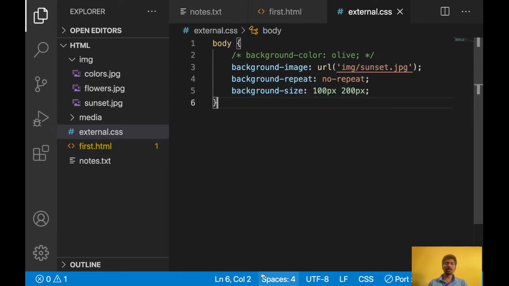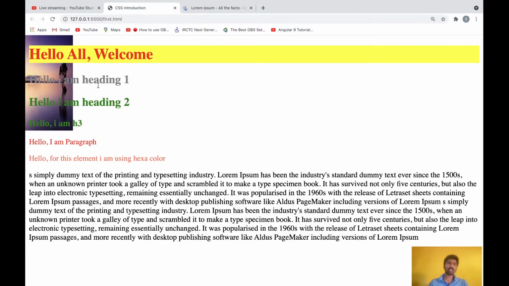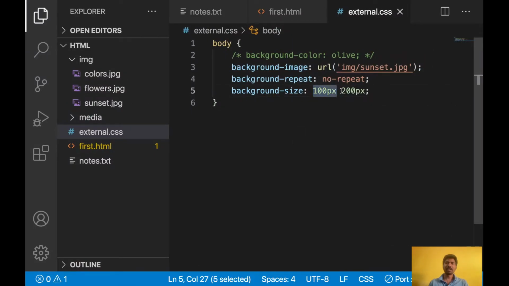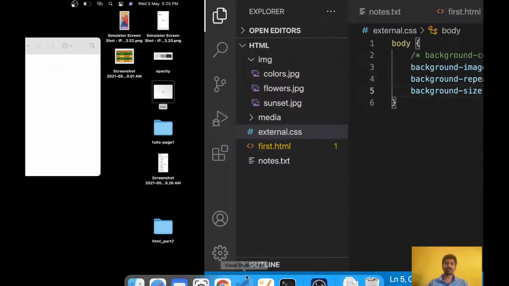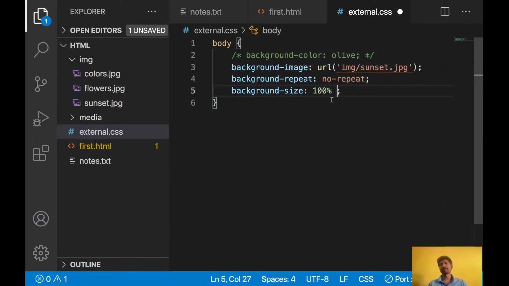Okay, so here I want to apply the full width of the image. I don't want to apply it only till here. I want to apply this background image across the complete browser width. Here I have given width, and this second one is the height. So I can give 100%, means it will take the complete browser width. Let's save this one. See, it is coming like this. If I give only width and I don't mention the second property, height, then height will be taken automatically based on the width. So this is the best method actually.